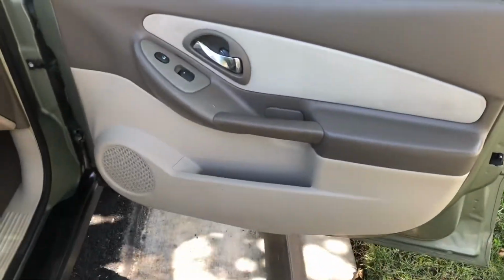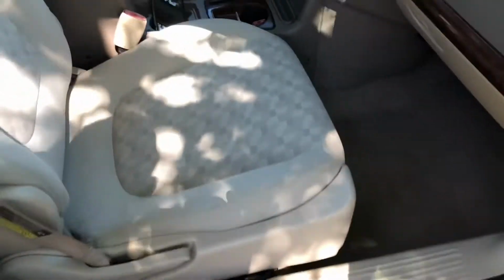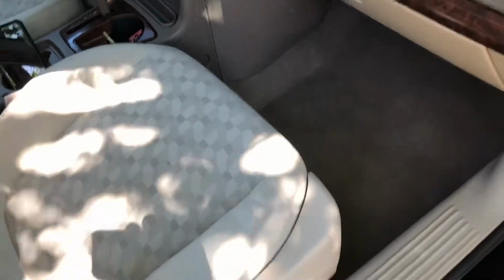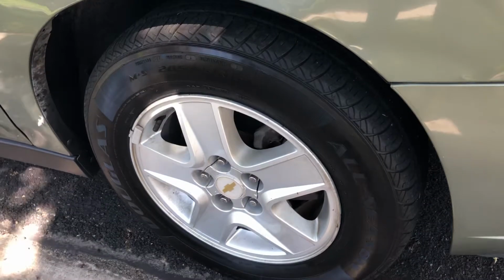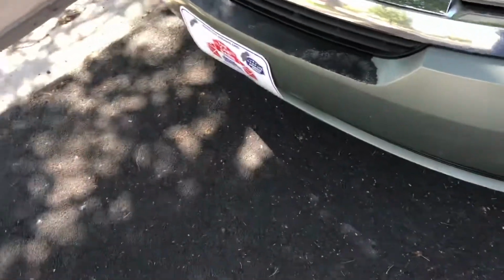Okay, so passenger front door, pretty good shape, and seat also in really good shape there, and carpet's in good shape. So okay, let's go take a look around the outside real quick. Hopefully this wind isn't too bad, it's getting a little breezy out here. I will point out as I'm going around, tires are brand new, I believe, all the way around, so matching. And going on the outside, starting up here,